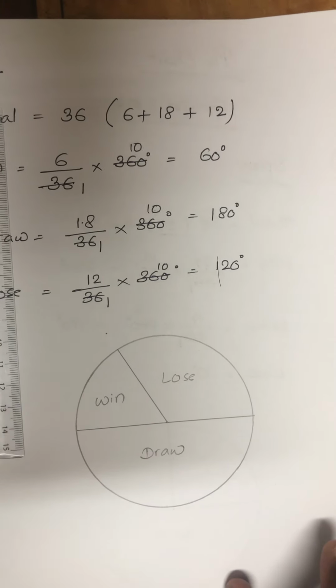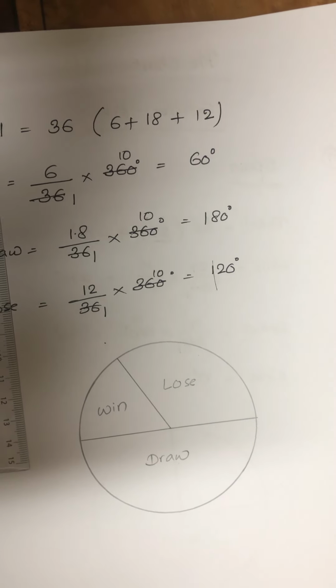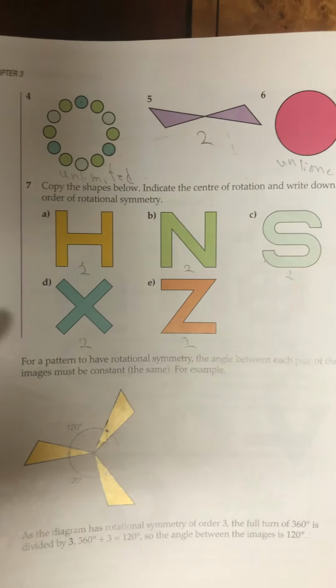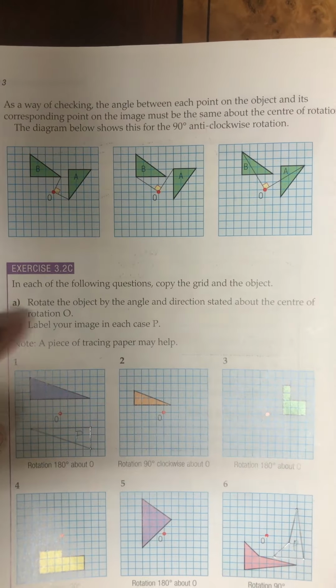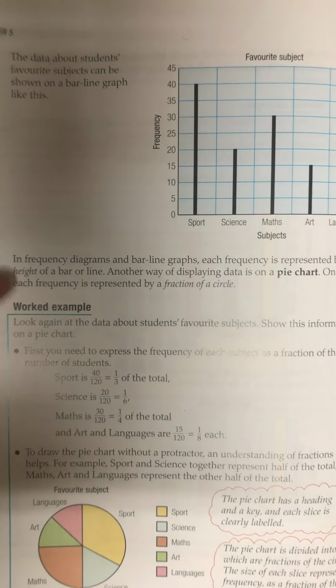So today you don't have homework. Your homework is you have to practice for the test. Tomorrow you have a test at 7 o'clock. You know that. Your test is from 3.2C to 5.2. So you have to practice for the test tomorrow.